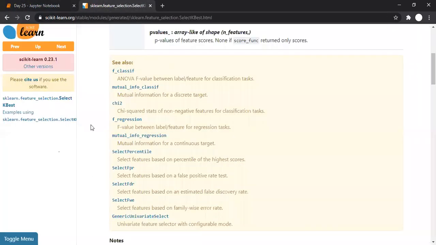So class, is this screen visible to you? skyscalearn.org. Okay. So here you can see what other options are available for you and so on. Any doubt, class, in these topics? So Shubham, you are saying now yes. So do you have a doubt, or it was visible? Thank you, Shubham.